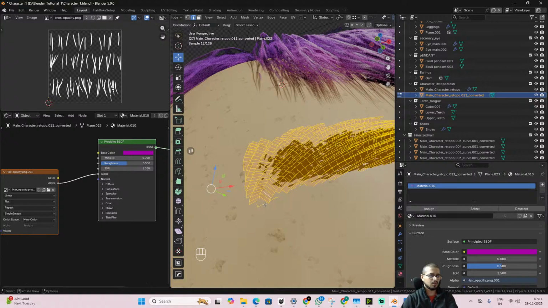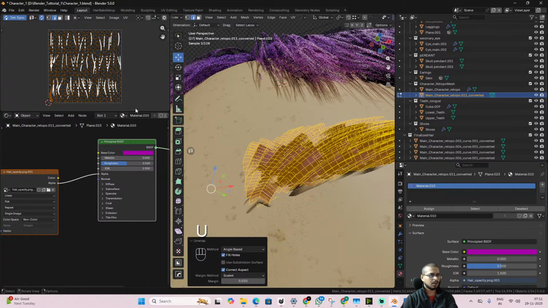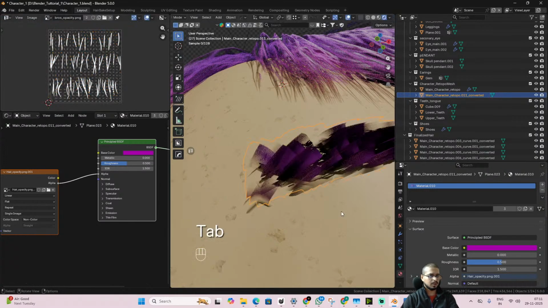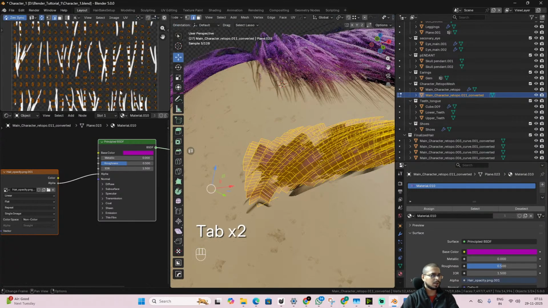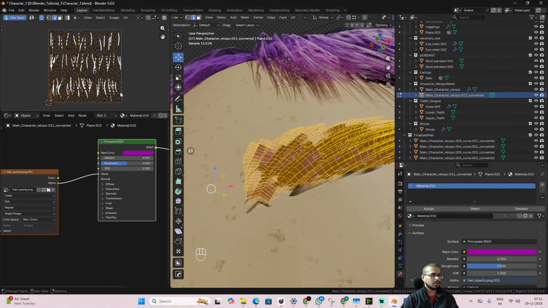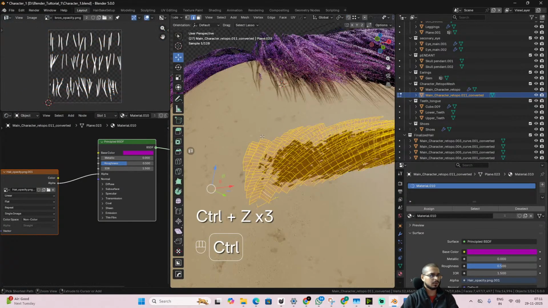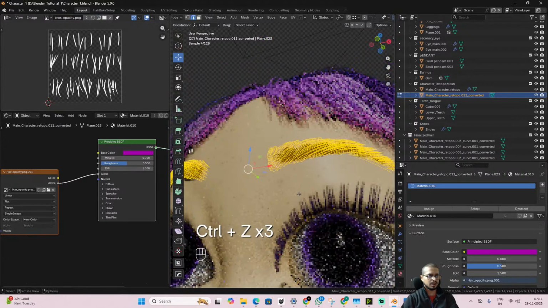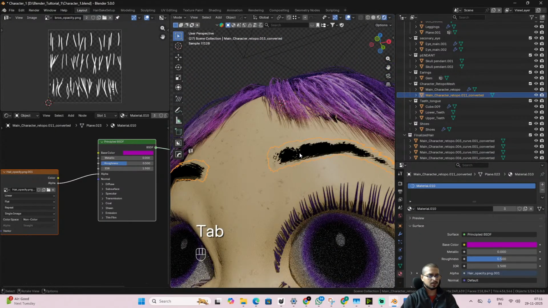Because if I unwrap it now, it will be divided into so many different strands, which is also incorrect. So